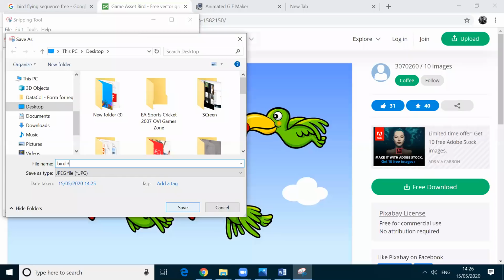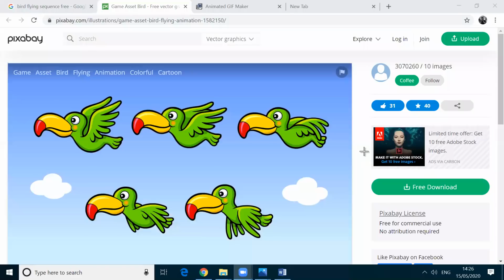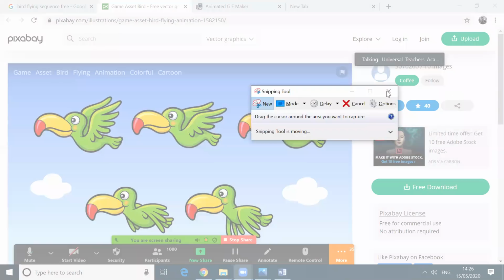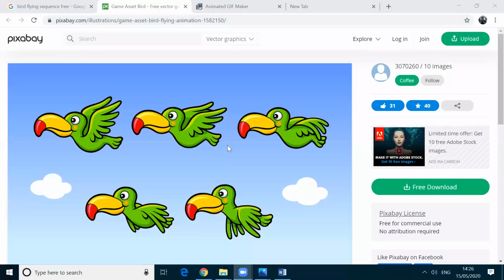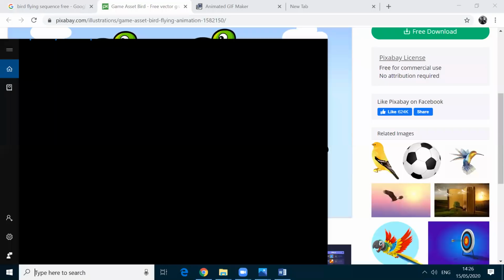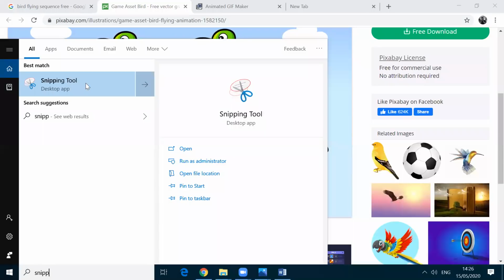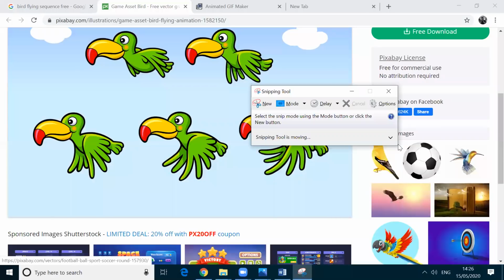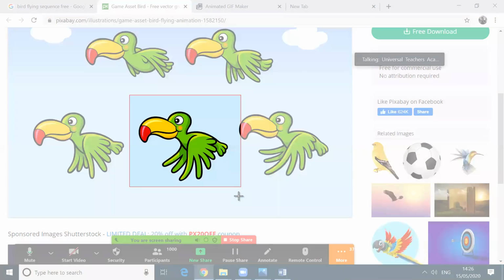Again, to crop one more thing, I click new, and then wait, let me move down. Okay, I'm going to select this one. Again, I'm typing snipping tool. I click new, and I am cropping it.